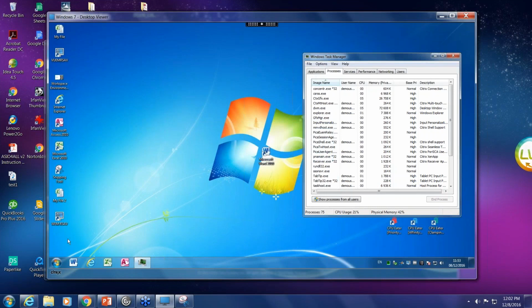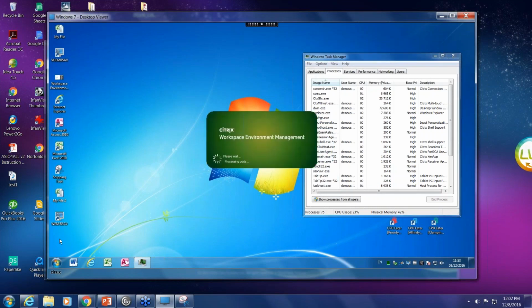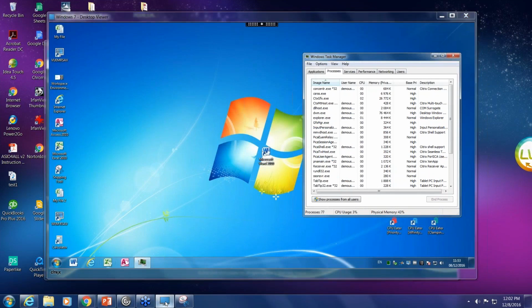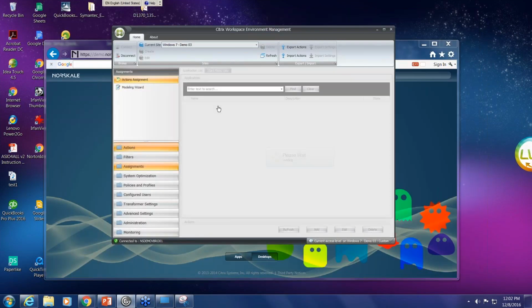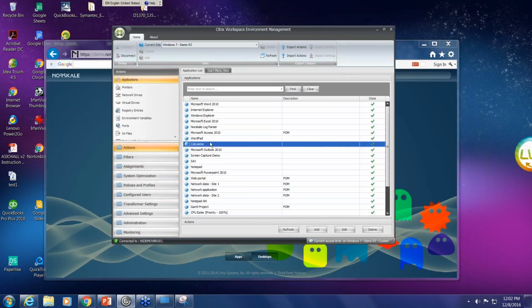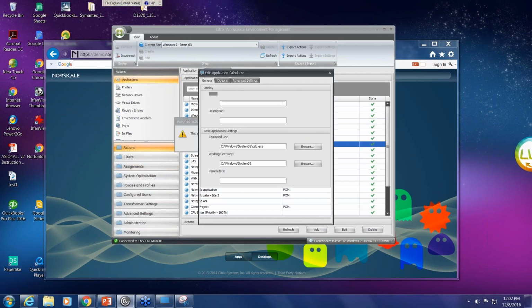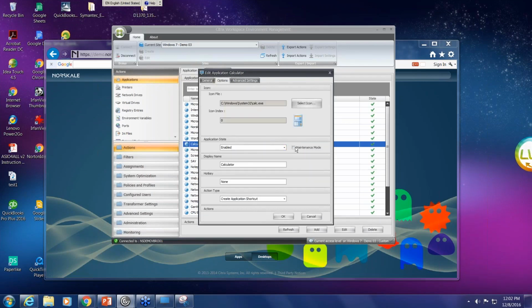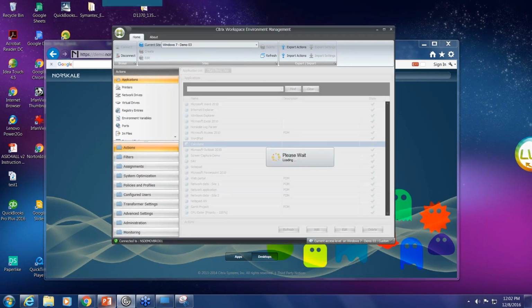Once I do the refresh, it goes through, and my calculator will show up right there. Now, one of the fun things about this is if I come back over and play with calculator, let's say this is an SAP, and I'm going to be taking it out of rotation here so that I can do maintenance on the back-end servers. There is a maintenance mode that you can enable. So when I enable maintenance mode,